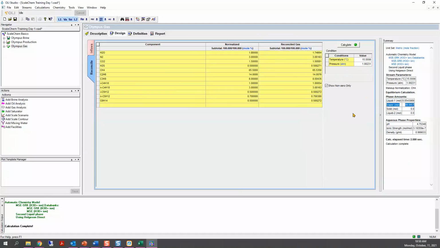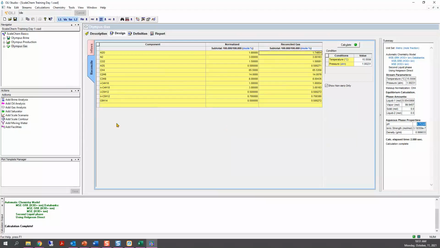And then you have 99.95 moles of vapor phase. From the liquid part that you created, it was a tiny bit that condensed. The pH of that water is 4.75. Why? Because you have CO2, you have H2S that will contribute to the acidity of this water. Okay, but this is mostly a gas.